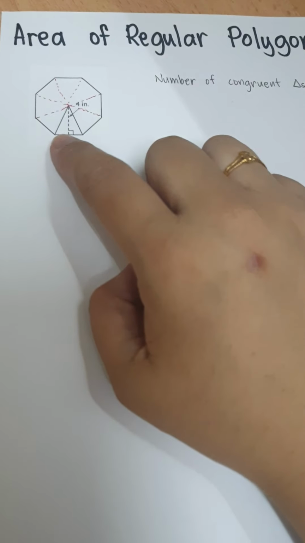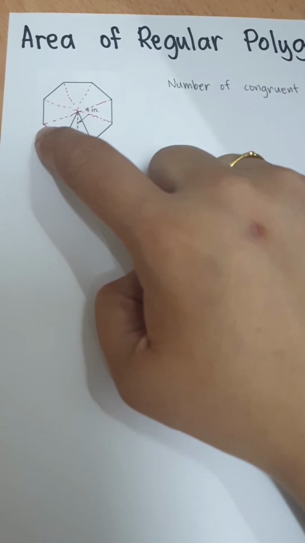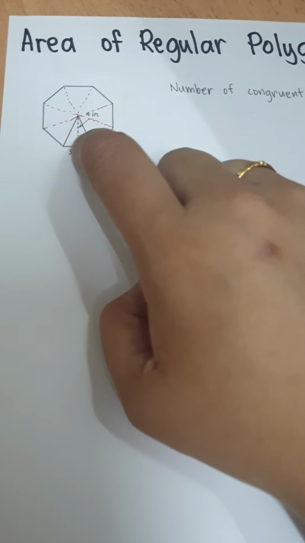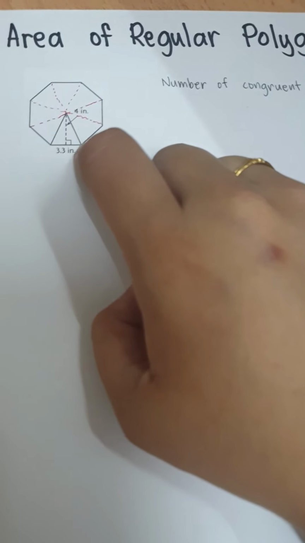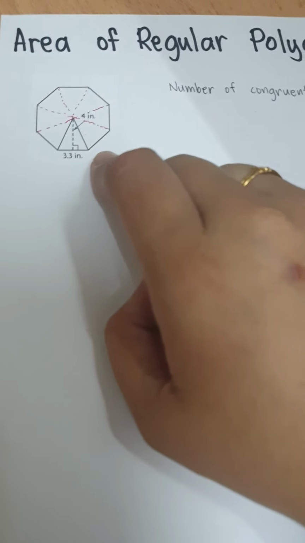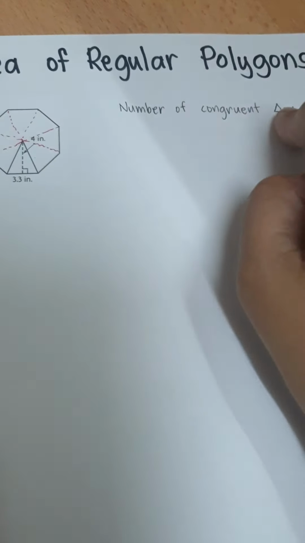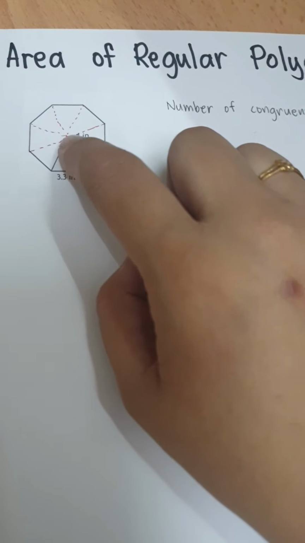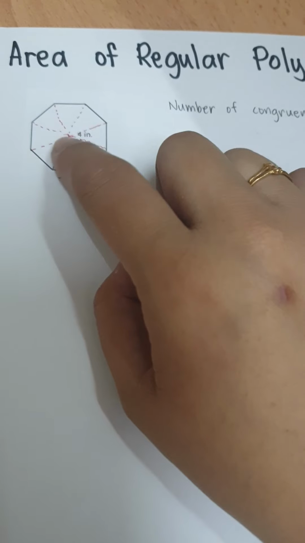Let us now find the area of regular polygons. As you can see, we have here a polygon, and I draw lines from the center to the vertex. So we can see the congruent triangles. If it is a regular polygon, then for sure it will be giving us congruent triangles when we draw lines